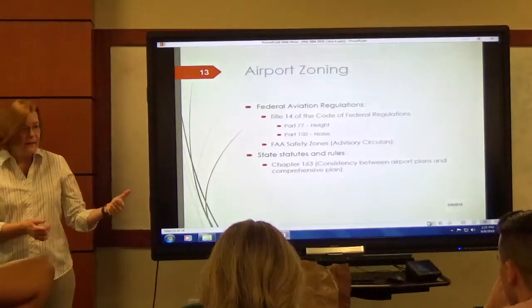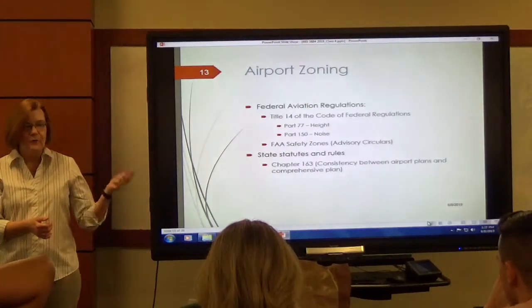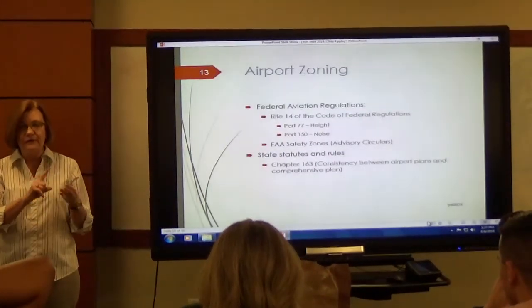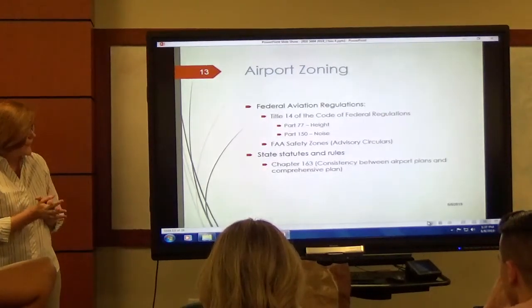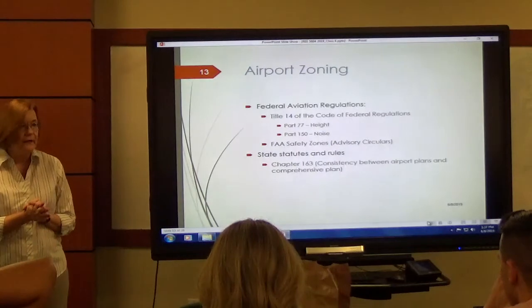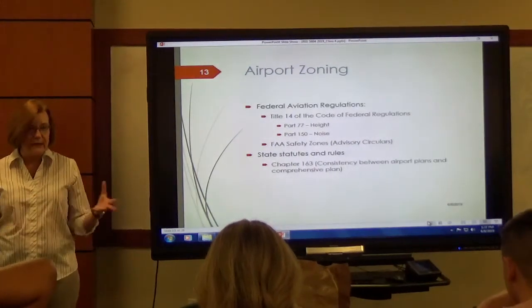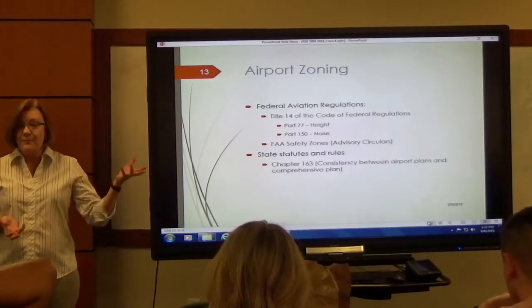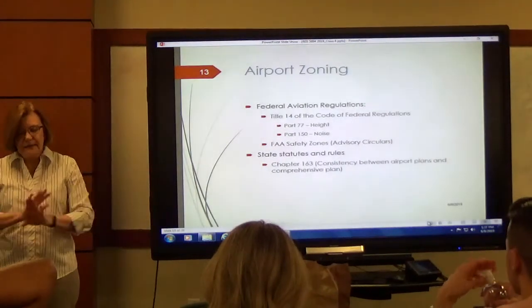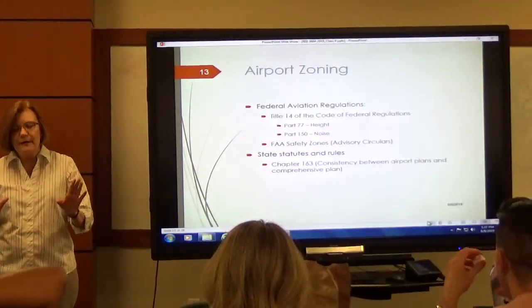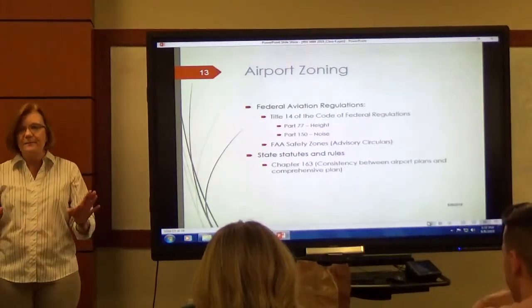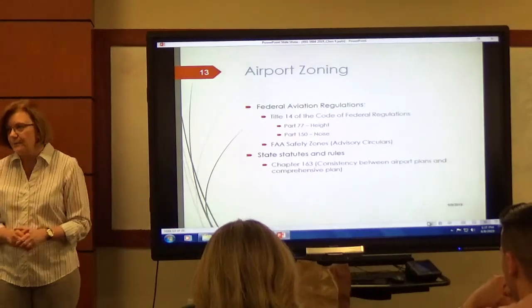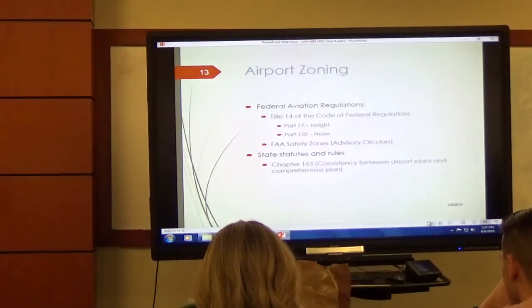So, safety of people on the aircraft and on the ground, right? So height of trees, buildings, lighting, all of that is in play. Noise, how close are you going to allow residential and other noise-sensitive uses to be located near an airport? From the airport's perspective, they're like, please, please don't build, please, we don't want to have to buy you out 15 years from now. And we don't want to listen to your complaint 30 years from now, so just don't build a house that close. And then we've got radio transmitter issues,